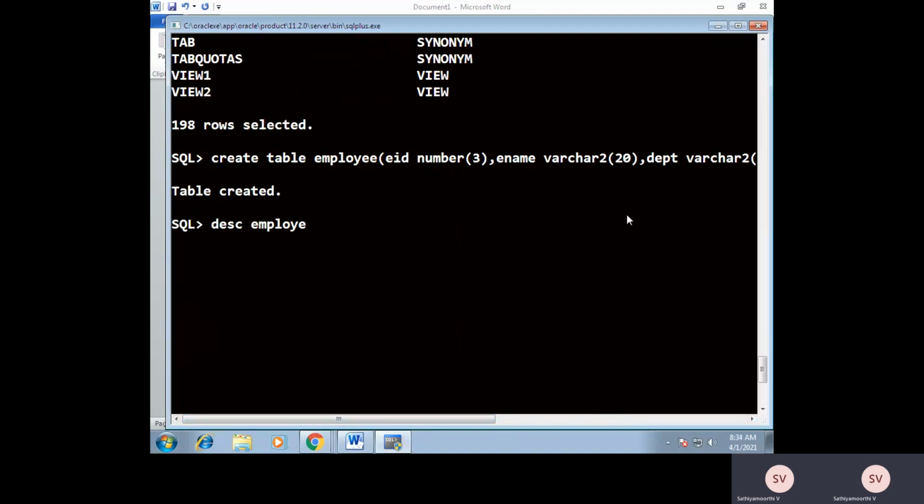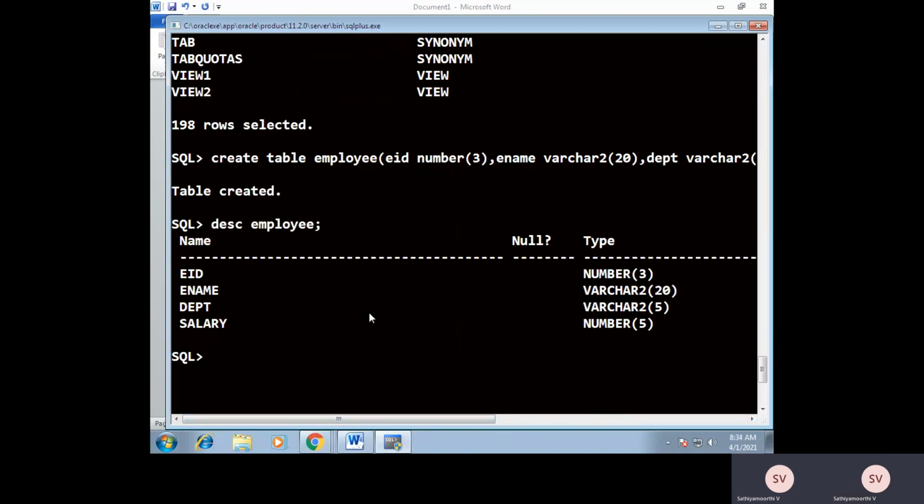DESC. So it will show what are all the attributes you have, what are all the constraints you have, and what are all the data types of each and every field, that is column. So here I have 4 fields, employee ID, employee name, and there is no constraint. Under the null column we have empty. So I have not given any constraint on these attributes, and the data types of these attributes are given here. So these data domains are also called the domain of the attribute. Okay, these domains are given while creating the table.